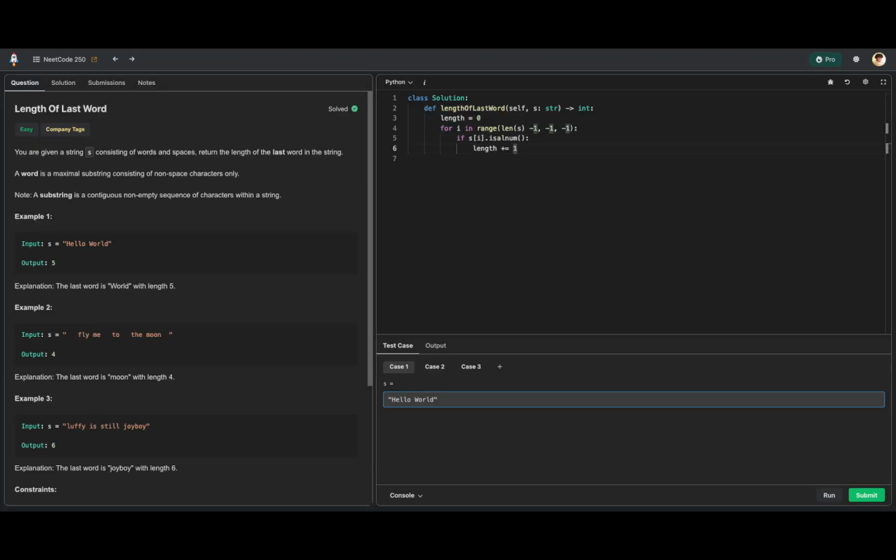And then, like I said before, how do you know when to stop? Because we just want the length of the last word. How do we stop it from just going through the string after we've hit the last word? That's where we have a second if statement. If the length is more than 0, that means we've hit our last word. From then on, we also have to check if we hit a space. So if not s at index i